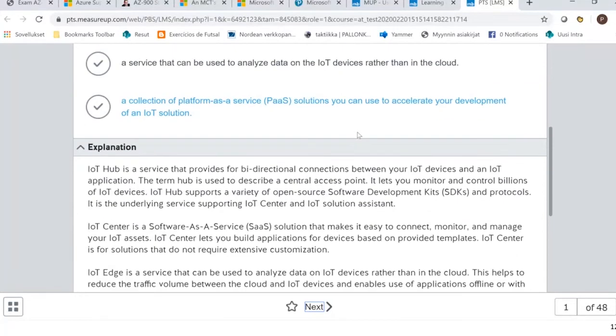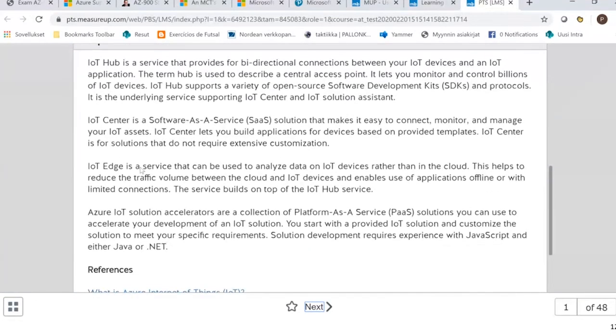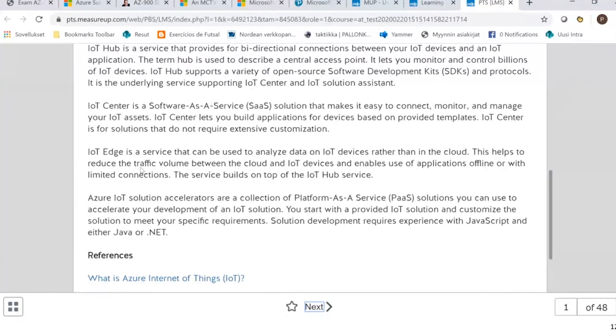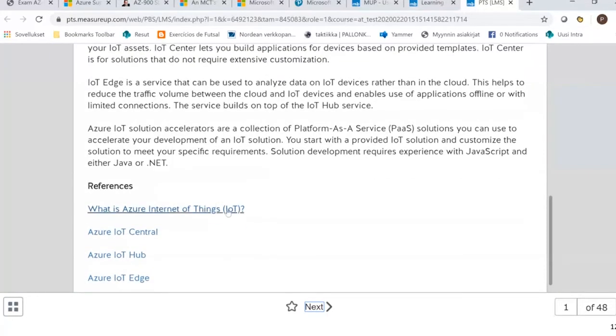It will explain why the green one was correct and why the others are wrong. So I can get a really quick brief about these services or things we are talking about in this question. And if I think, okay, IoT Hub, I'm not really familiar with this one, I have direct links here, all those references about what we are talking about in this particular question.